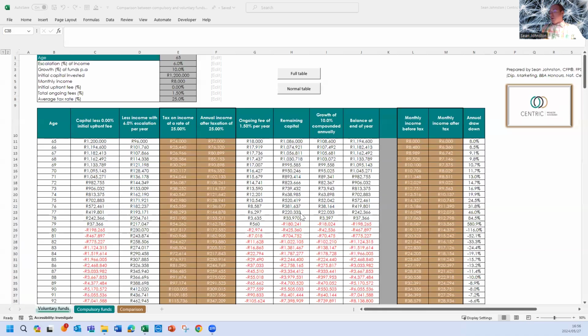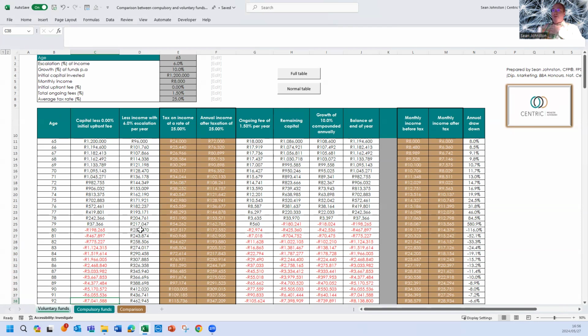With discretionary money, that can be money from a unit trust, money from endowment, whatever the case is, you're drawing the money. There's no restrictions on the annual drawdown. And the objective here, of course, is to show you the differences between the two so that you understand, when you are drawing income at retirement, the depletion of the two different types of funds. So what I'm going to do is an example to show you on a comparison tab how the two funds work when you limit the drawdowns.